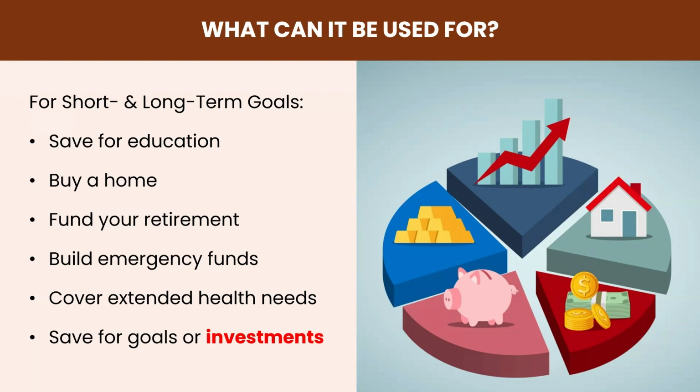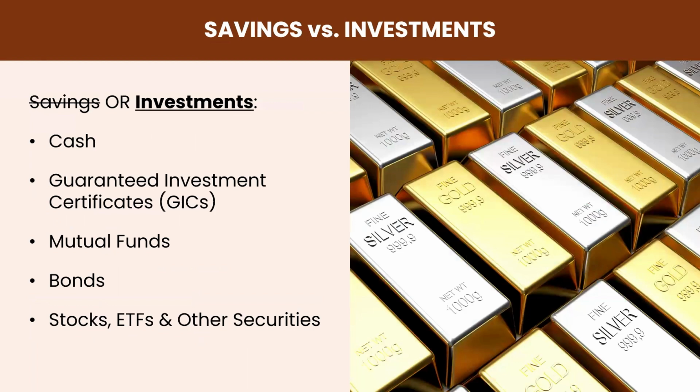So you need to be mindful of, yes, I've put in money in my TFSA. I need to invest this money to make sure that it grows. And that's why I have investments highlighted in red as part of things you should be using your TFSA to do, because that's the ultimate objective of holding a TFSA beyond just saving. Now, when we talk about investments, now we know it's better to invest with the money we have in our TFSA as opposed to just using it for savings.